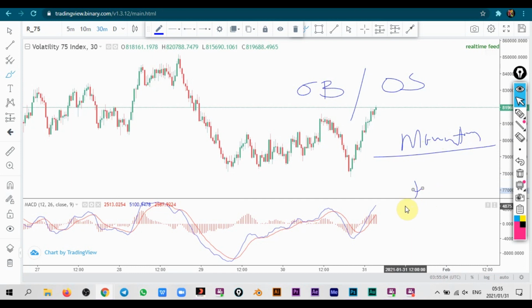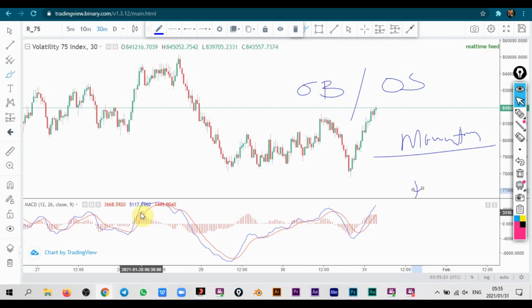So that's the difference. The MACD is a momentum indicator. It is a trend following indicator. So it basically shows you the strength and everything. I hope that one is clear, guys. For an example, you can see here that